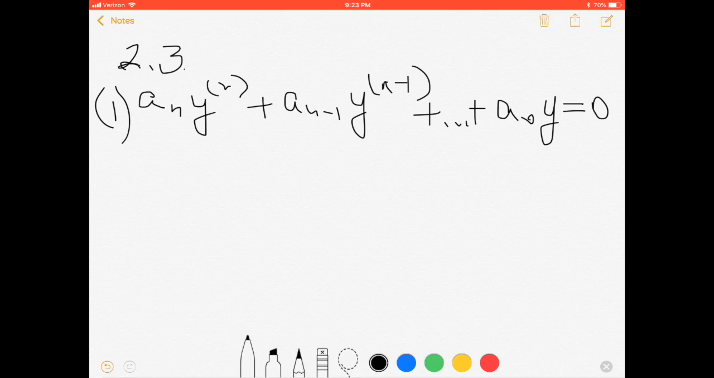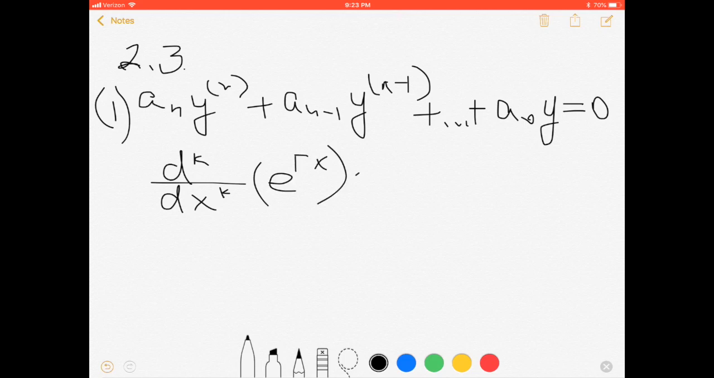We will not write all of them. We try to find a solution like an exponential function, because any k-th order derivative of the exponential function e to the power rx will be r to the power k times e to the power rx. Plugging into our equation 1, we have,